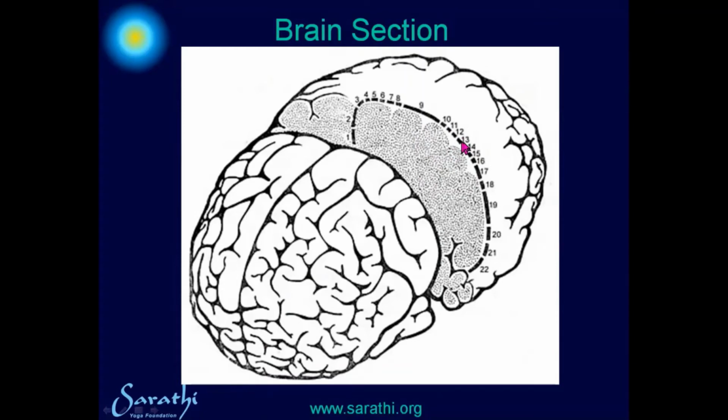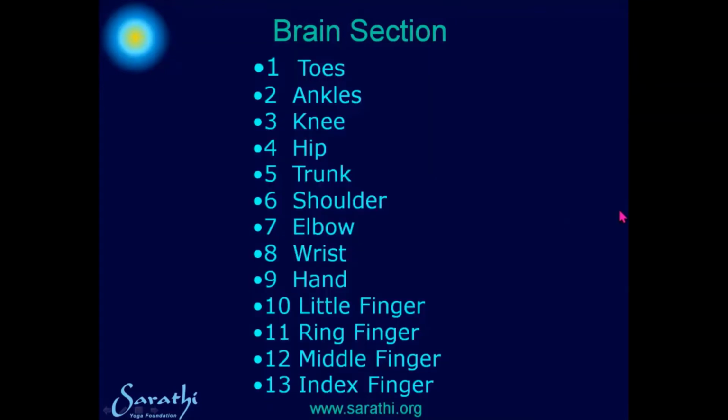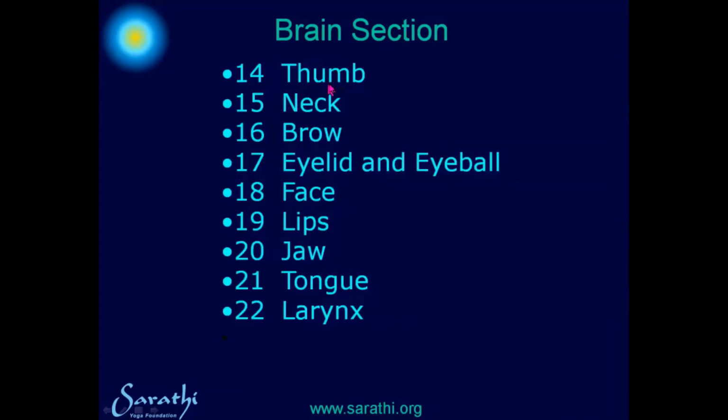All right. So the first finger, thumb, and this keeps on going until this is the toe. So you can, depending upon your discomfort, you can follow this area. But now we go 13 onward, all the way up to 22, which is 13 is the index finger. And now 14 is the thumb, then 15 is neck, brow,